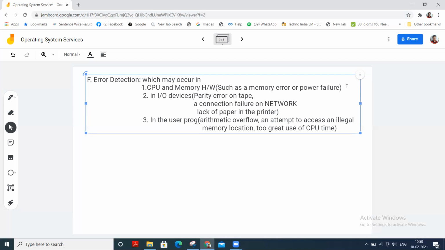Okay, so next part is the resource allocation. When there are multiple users or multiple jobs running at the same time, resources must be allocated to each of them. Many different types of resources are managed by the operating system, some such as CPU cycles, main memory,